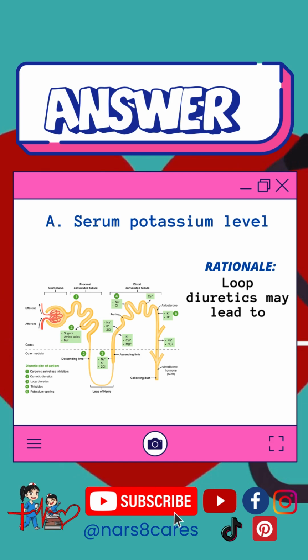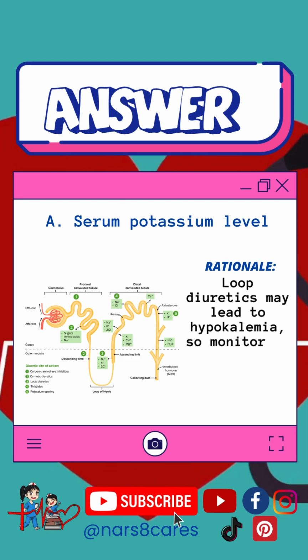Answer: A. Serum potassium level. Rationale: loop diuretics may lead to hypokalemia, so monitoring serum potassium levels